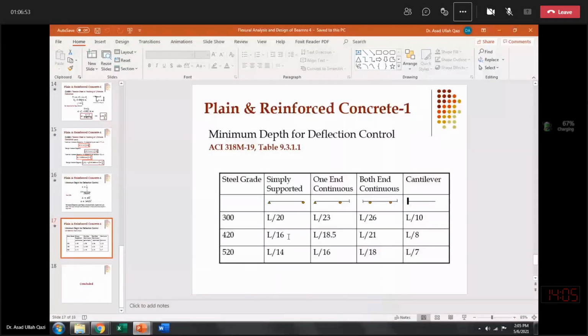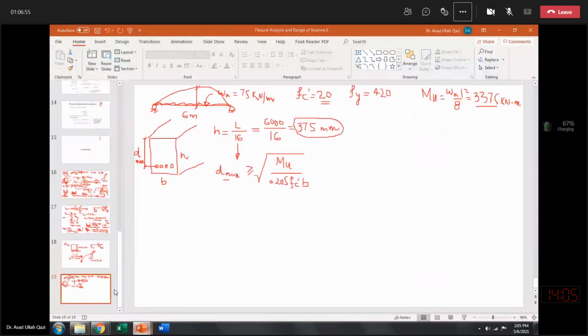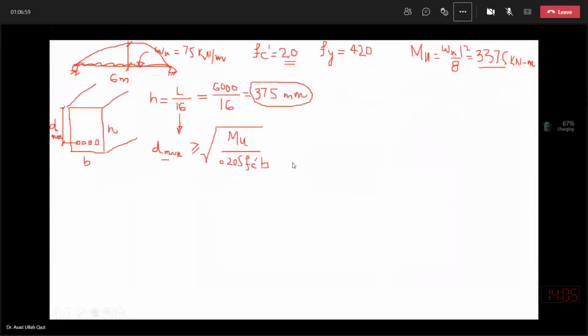लेकिन यहाँ पर मुझे d के अंदर, once I calculate d minimum based on this equation, I will add cover in it, concrete cover, और ये फिर मिलकर h बनाएंगे। इन दोनों में से जो बड़ा होगा that will govern. So we will compare both and the larger will be selected. Normally